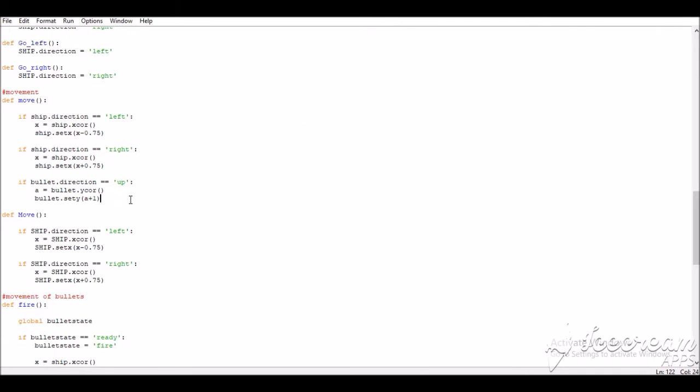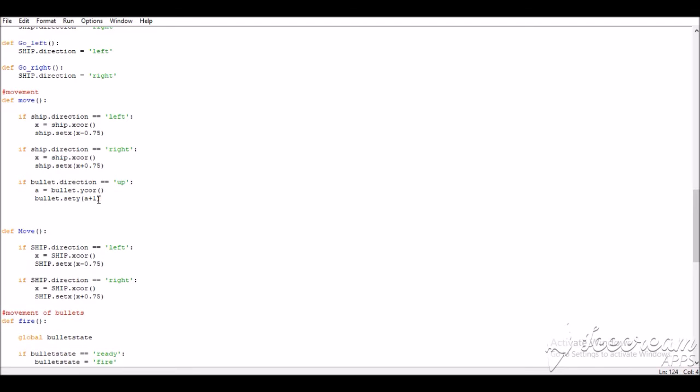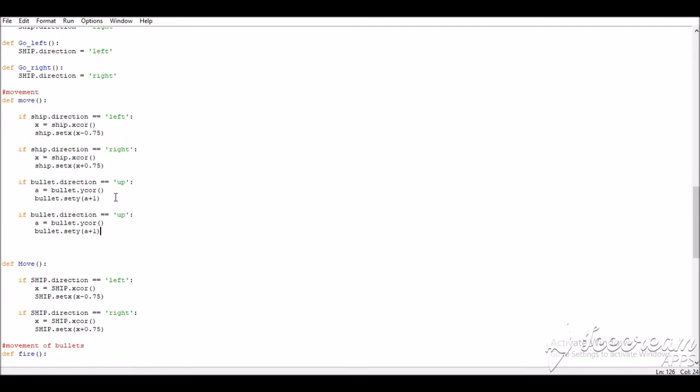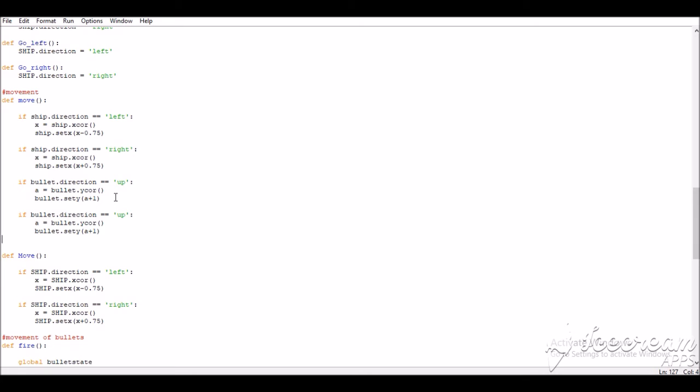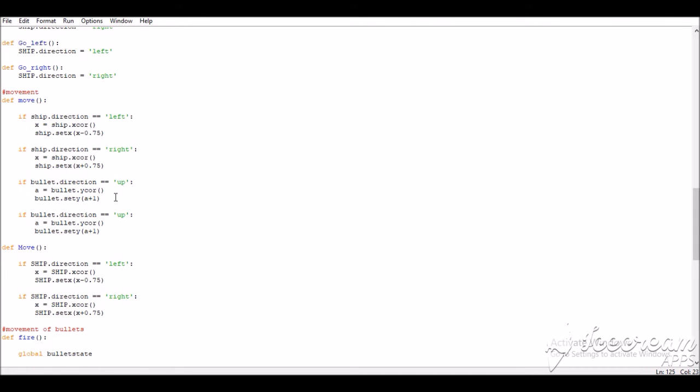Okay, but wait, it's going to not work because we have not called this and we have not defined the on key press functions. So first let's just make everything and then we will add the controls. Now bullet, I will copy this and paste it over here. So now this is going to be bullet underscore w, sorry, bullet underscore w, because